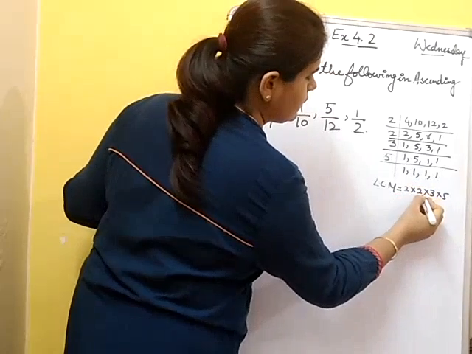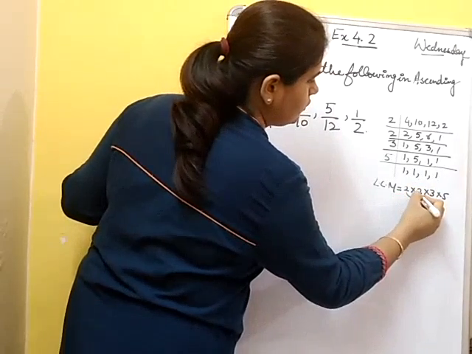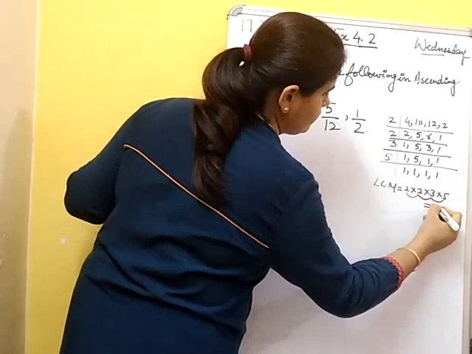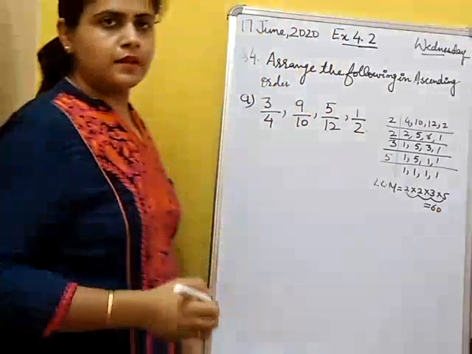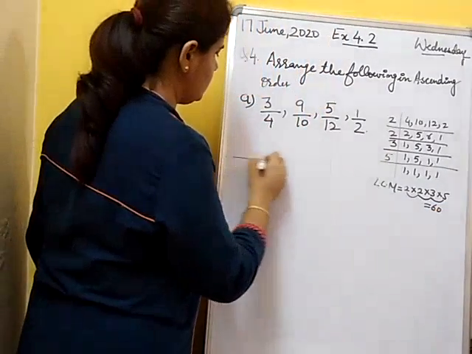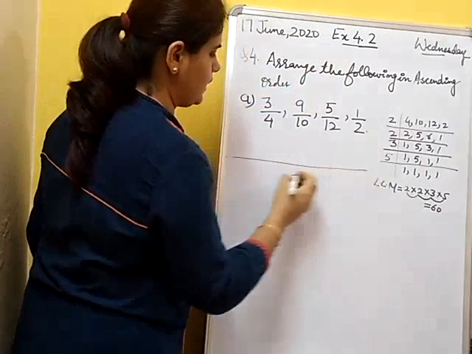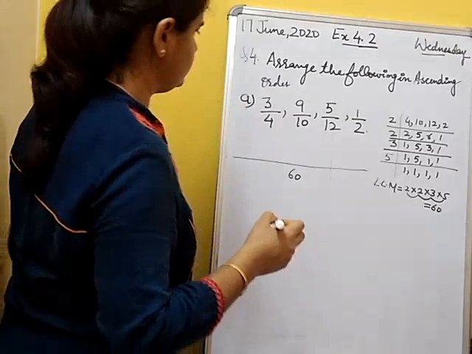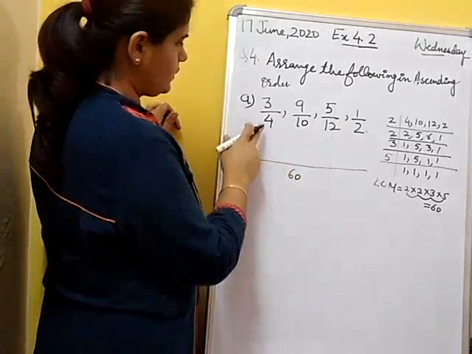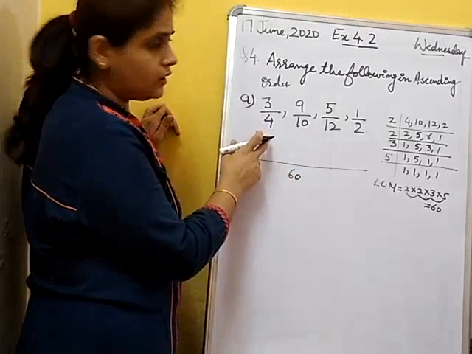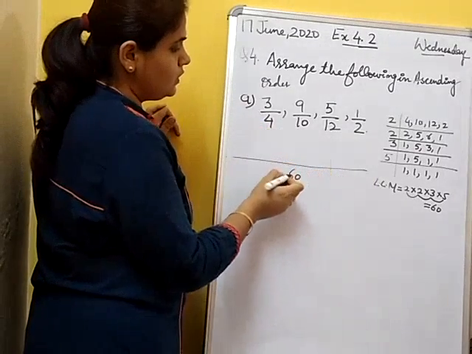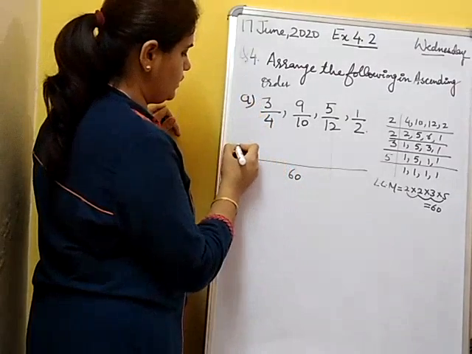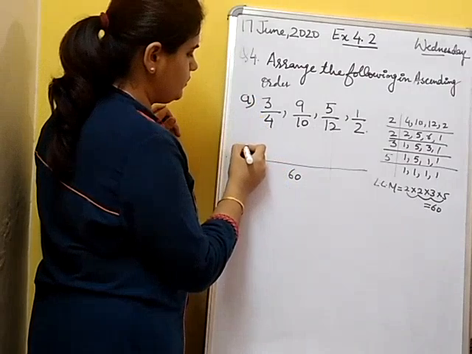So how will you do it? 2 2s are 4, 4 3s are 12, 12 5s are 60. LCM is 60. Now we will make the same denominator as 60. I told you in earlier videos also, denominator divide, multiply the numerator. So 60 divide by 4